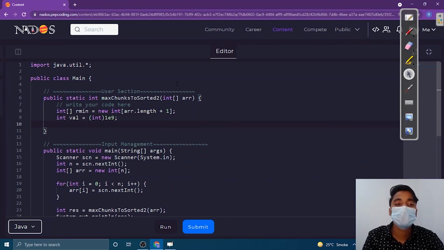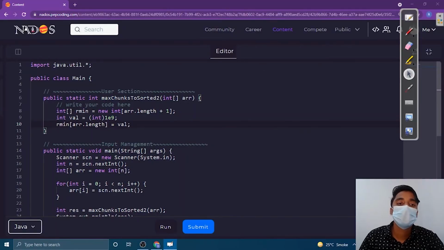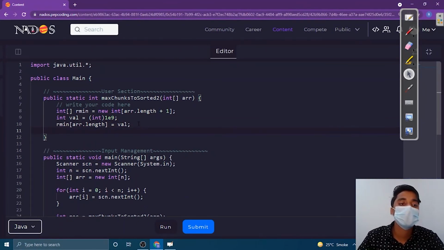We will put it in the last index, rmin at array dot length. Here we are at the last index, we are saving plus infinity. So I am making this as int of 1e9, that is 10 to the power 9.